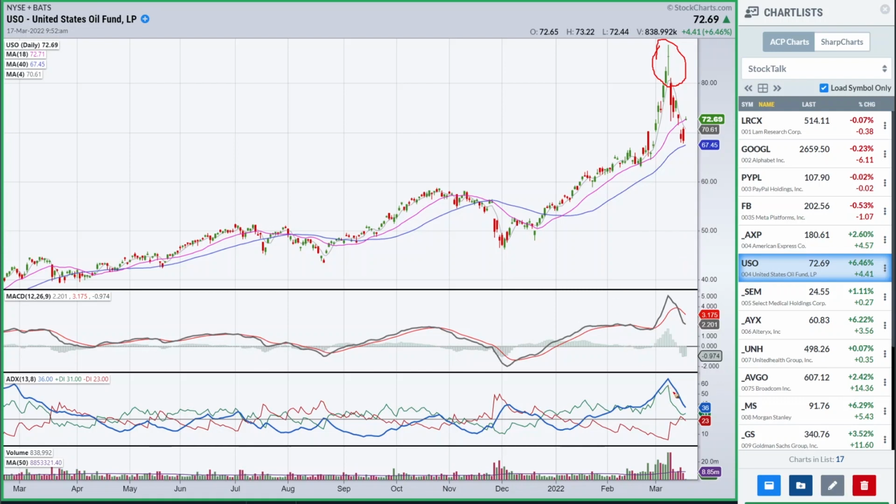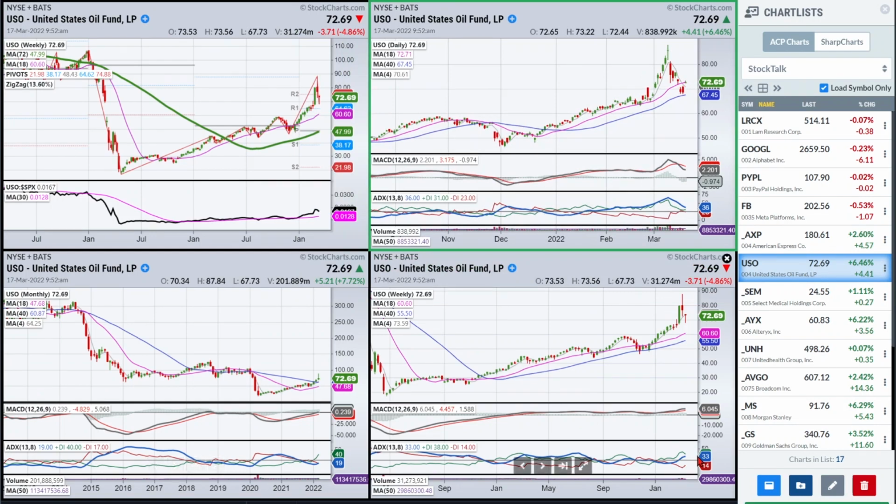Now, because the momentum signs on this stock are strong. Look at the rising ADX on the weekly. Look at the ADX on the daily. I mean, we're probably not going to fall apart. So if we get a climax move and we have underlying support based on the momentum, then I think we're going to form a range. That's kind of what I would be expecting.